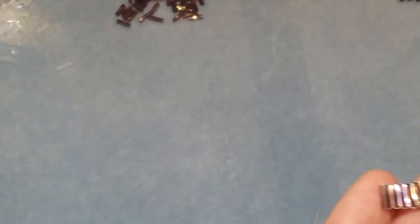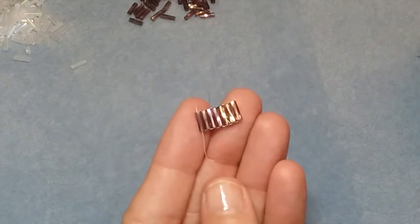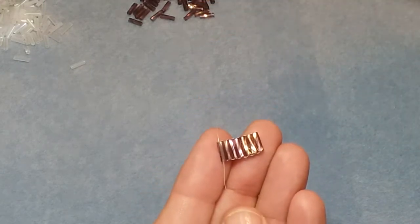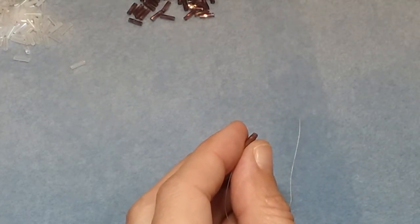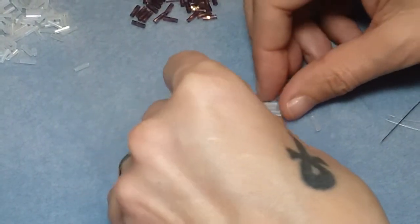Now this is going to be a little bit different because we're doing bugle beads instead of seed beads for our building of this. And it's going to be long. I mean, it's going to be a really long, pretty earring. So what we're going to do is we're going to need 1, 2, 3, 4, 5, 6 of our other bugle beads. So I'm going to take 6 of these and I'm going to make sure they line up straight